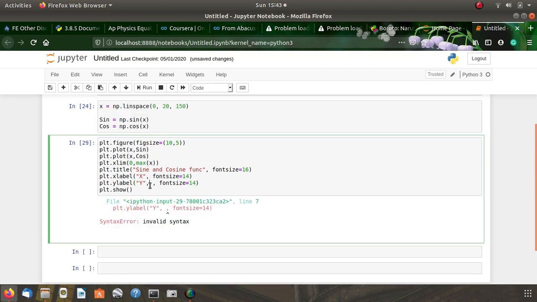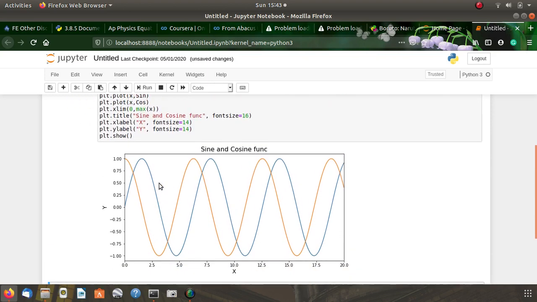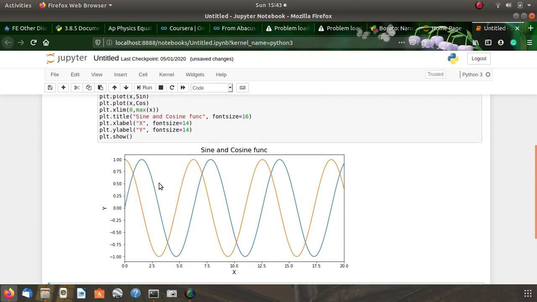Oh no, what did I do? Ctrl Z. Okay, this boy here. Alright, much better. Now it looks fairly better, but we can